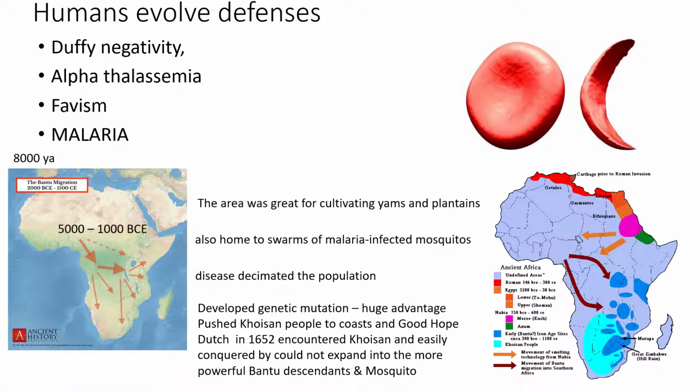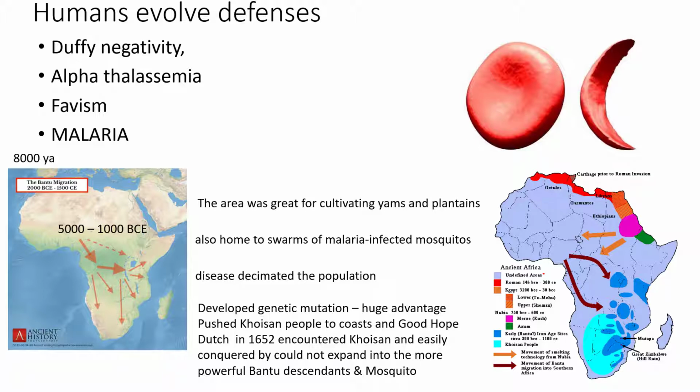So human beings have evolved a variety of genetic defenses against malaria. We've talked about genetics, so this is a perfect connect with our previous unit. Many of them have very strange sounding names like Duffy negativity or alpha thalassemia or favism. But these defenses have mixed blessings, which have often felt more like curses to their recipients. One of the most well-known examples provides a case in point: sickle cell anemia.